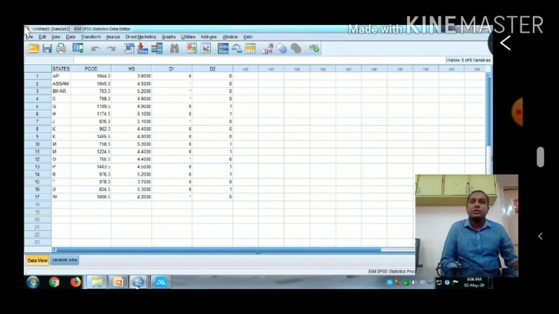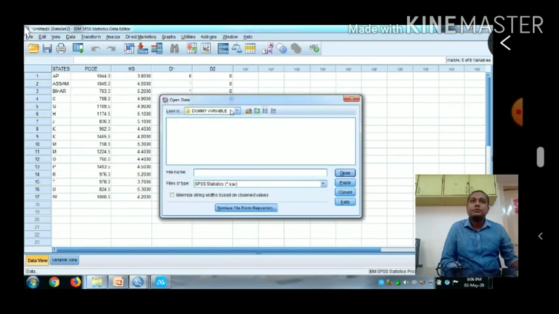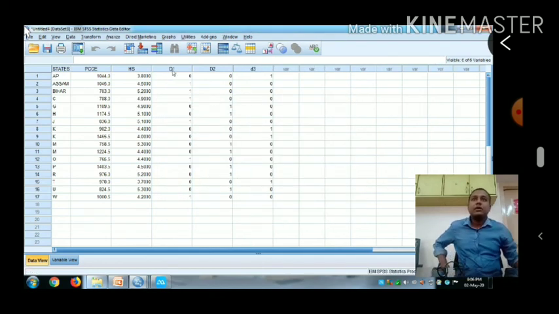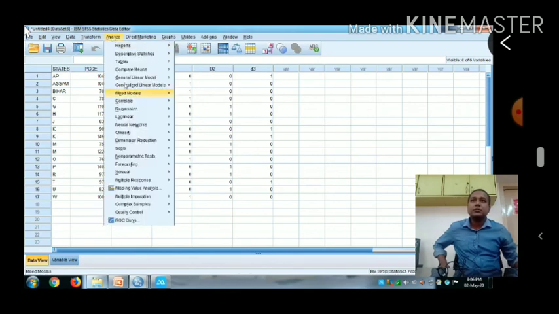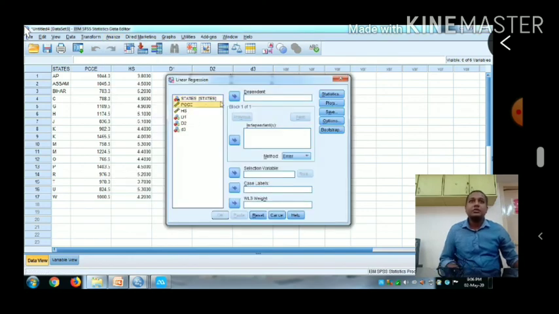So actually we want 3 dummy variables. So let us take 3 dummy variables only. Okay, open. Now in this example, we have already entered dummy variable 1, dummy variable 2, dummy variable 3. Let us run the regression function. So we are going to run the regression function, that is per capita consumption expenditure as a dependent variable, dummy variable 1 independent, dummy variable 2 independent, and dummy variable 3 independent.